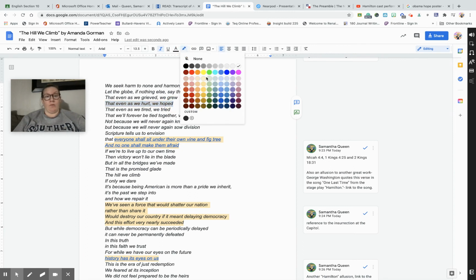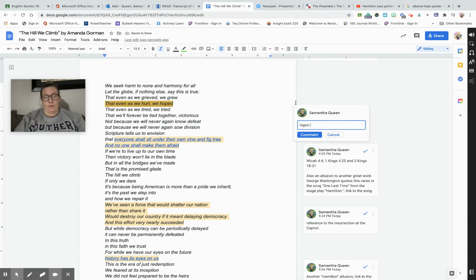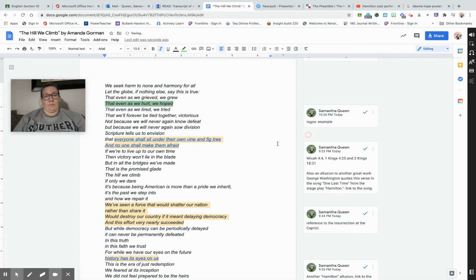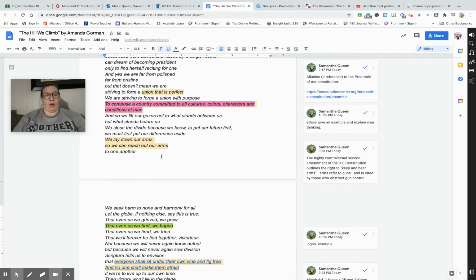Again, you're going to come to our highlight tool. Maybe this time you'll pick green. Okay, so now you can see that you have 3 different highlights in different colors, each representing one of the categories. Totally up to you which way you want to do it. If you have a preference, that's fine. I'll be able to see, like I said, your name in this column over here and your comments. But for those of you who are like me and you like things color coded, this is a good way to do it. If you mess up and you want to get rid of it, just hit the check mark